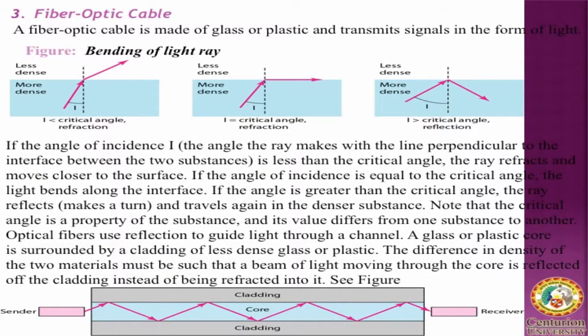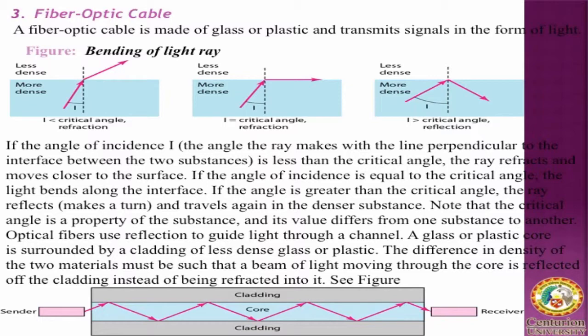The last one, fiber optical cable. To differentiate it from the other two, twisted pair cable and coaxial cable: those deal with electromagnetic sources, whereas this deals with a light source. That's why no conductor is present inside the fiber optical cable. There is no conductor. Inside a fiber optical cable you don't find any conductor.